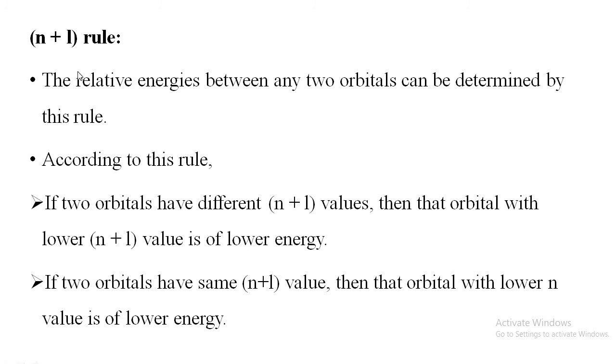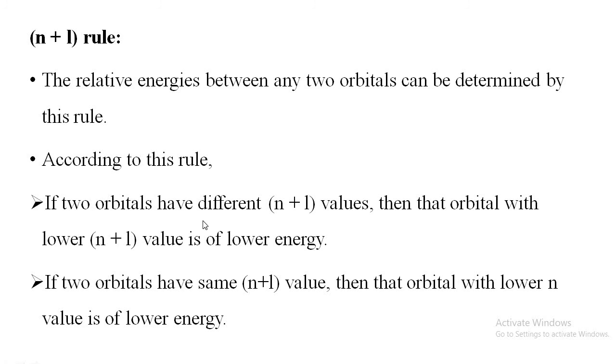Let us go for the last rule, n plus l rule. The relative energies between any two orbitals can be determined by this rule. According to this rule, if two orbitals have different n plus l values, then that orbital with lower n plus l value is of lower energy. For example,